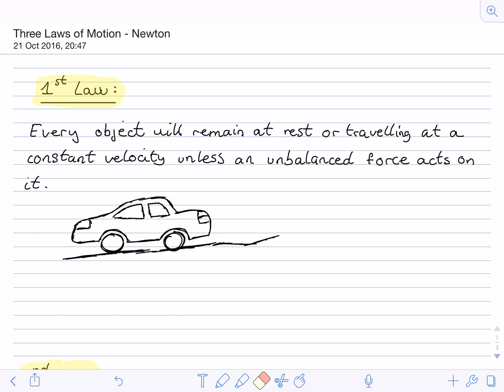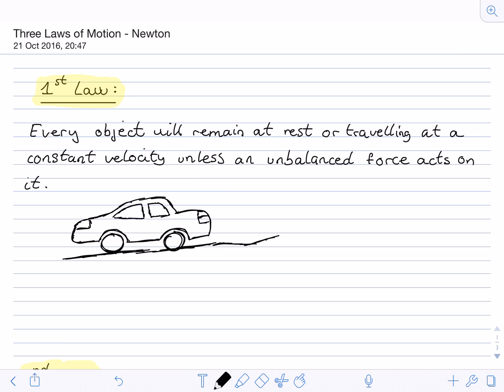The first law says the following: every object will remain at rest or traveling at a constant velocity unless an unbalanced force acts on it. So basically, let's say we have a car and the car is at rest. So the car is traveling at 0 meters per second. So basically at rest. If there's no other action, there's no force that is acting on it, the car is